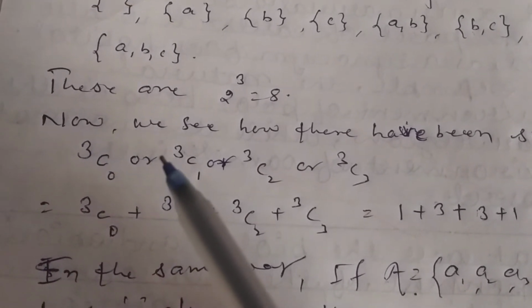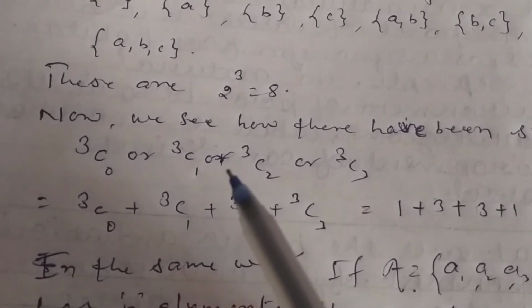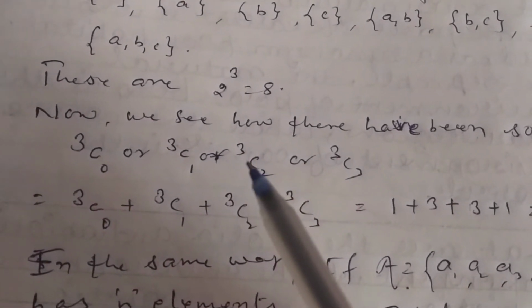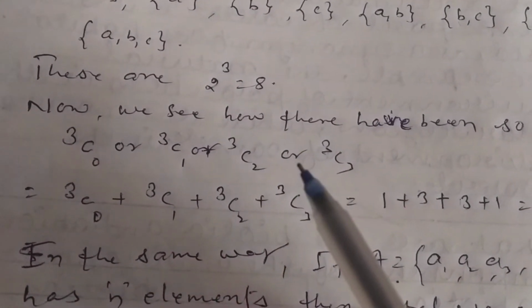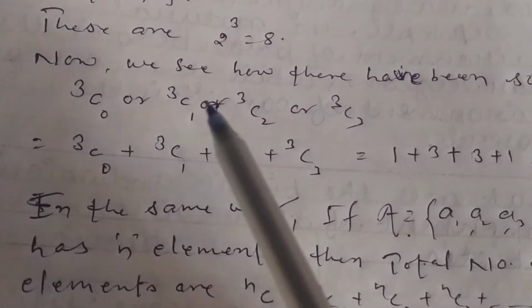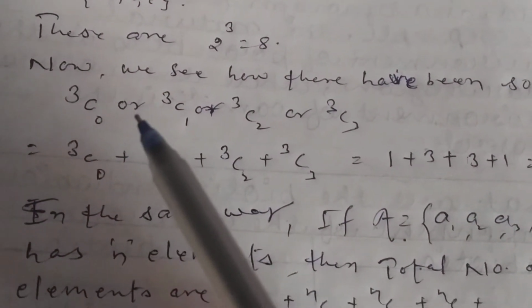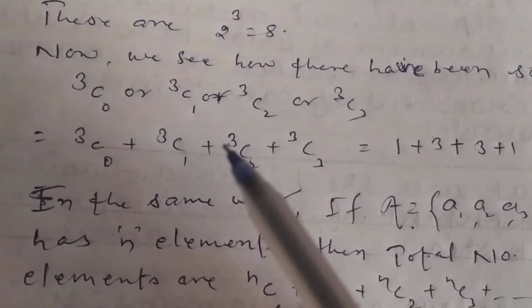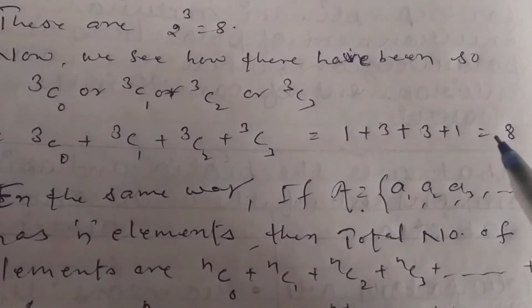Or you can make subsets which contain one element, so this will be written as 3C1. Or we can make subsets 3C2, meaning the subsets which contain 2 elements out of 3. In the same way, lastly 3C3, just as this one. Since here there is 'or', it is the fundamental rule that whenever we have 'or', we write the sign of plus, and for 'and' we write the sign of multiplication. So if you calculate it, you get that the total number of subsets is 8 really.